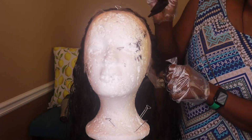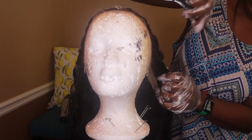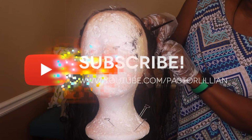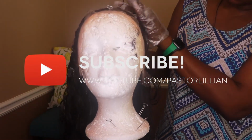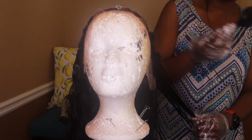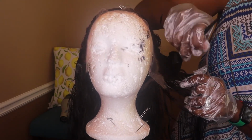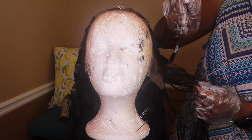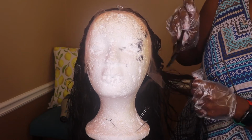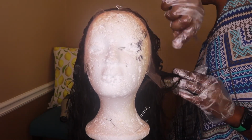It's really more of the hair than it is really the knots. So I'm just trying to make sure. Oh, you ain't moving, huh? Oh, okay then. I'm just trying to make sure that I get more of the hair than the knots, because it's not really the knots at all. Oops. See, that's a place. I want to just...